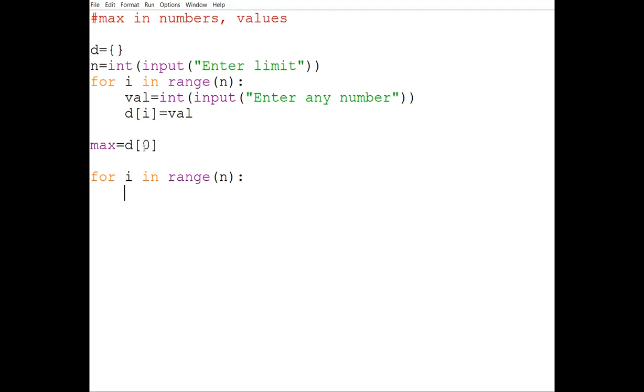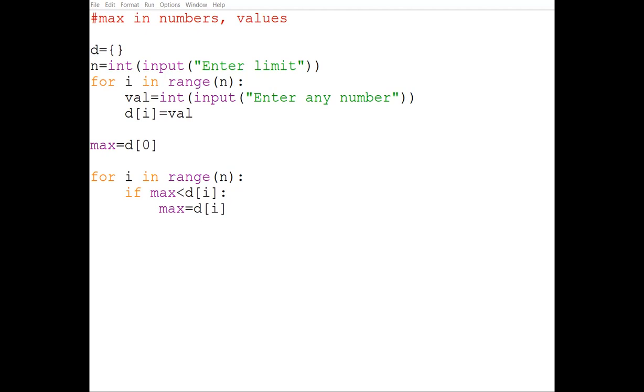For i in range n, if your max is smaller than the value of d of i, it means this value is greater. So in max we have to store that particular value, d of i. We will keep on traversing the loop, and in the last we will get the value.